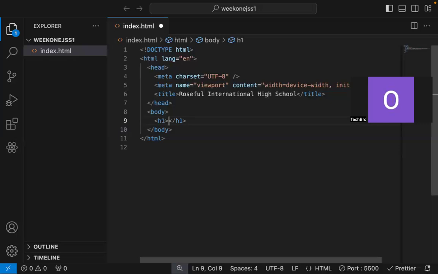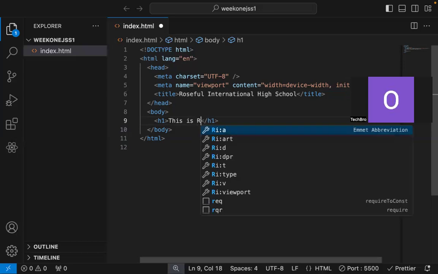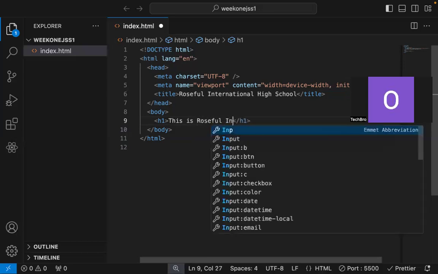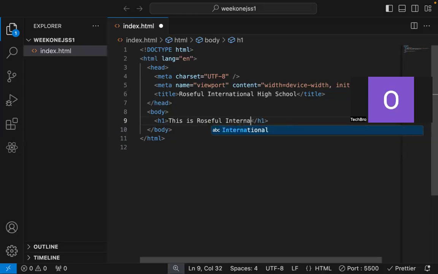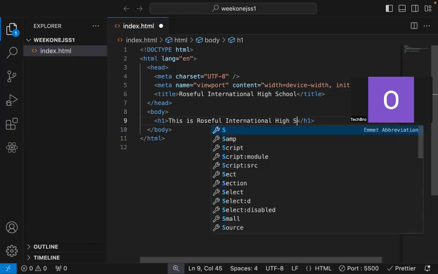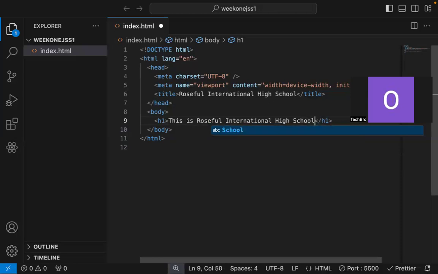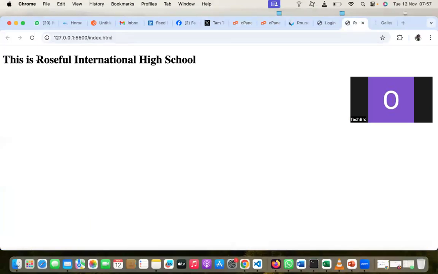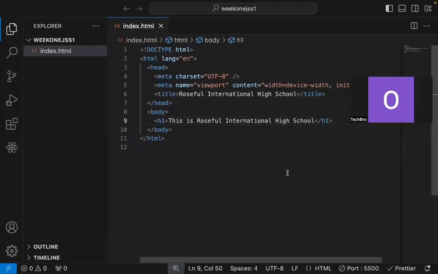So this is Roseful International High School. Now, if I save that one and I go to my web page, you can see this is Roseful International High School. So with this, we've come to the end of our first lesson for the term. You should